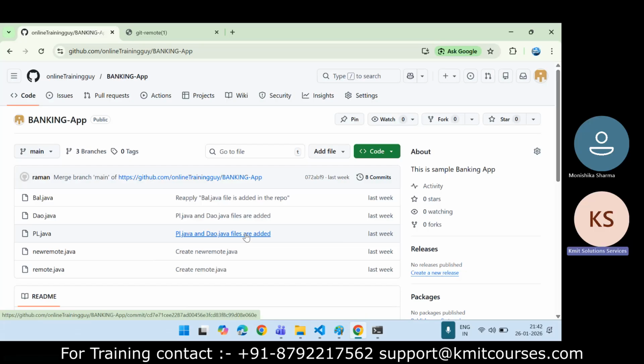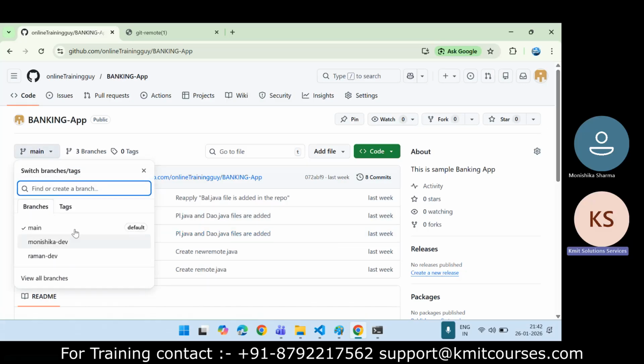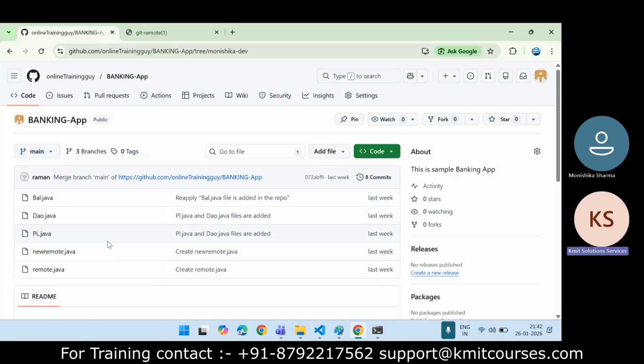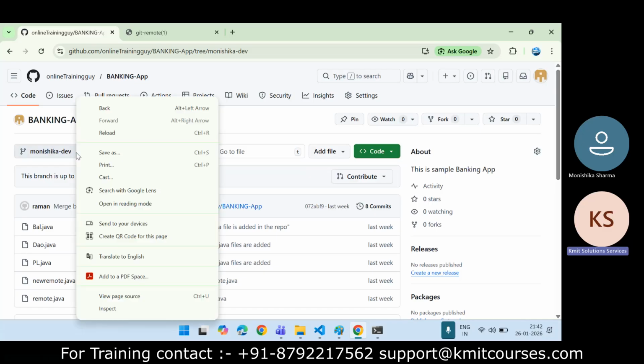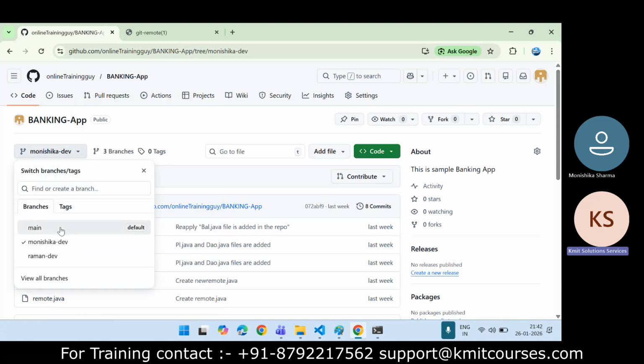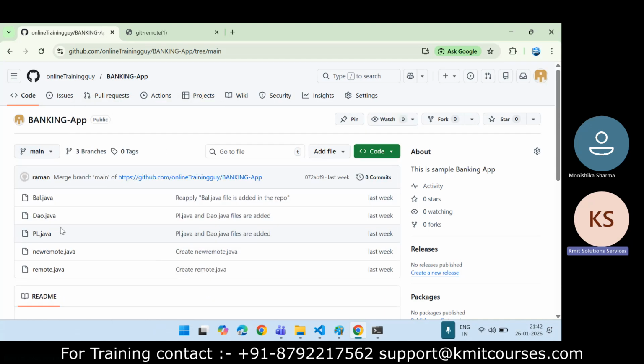So now the next thing is that we have Monishika dev and Raman dev. At this moment, all the branches have the same code because we have created these branches from the main branch. So everything is saved. Now Monishika is saying, can you give me the latest code? I don't want my developers to unnecessarily touch my main branch. For that,